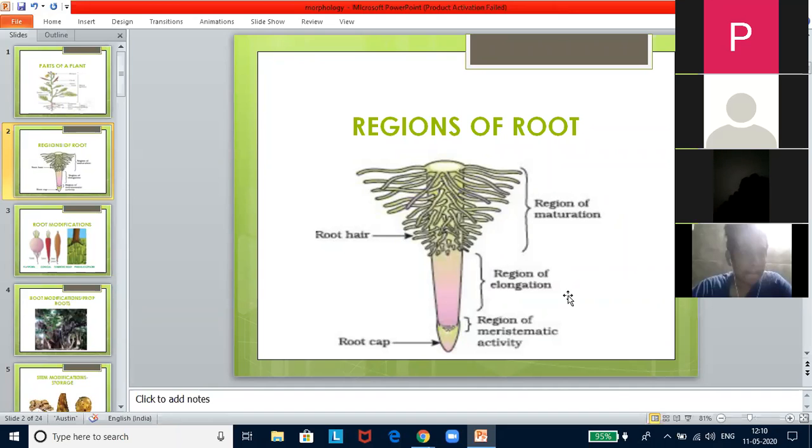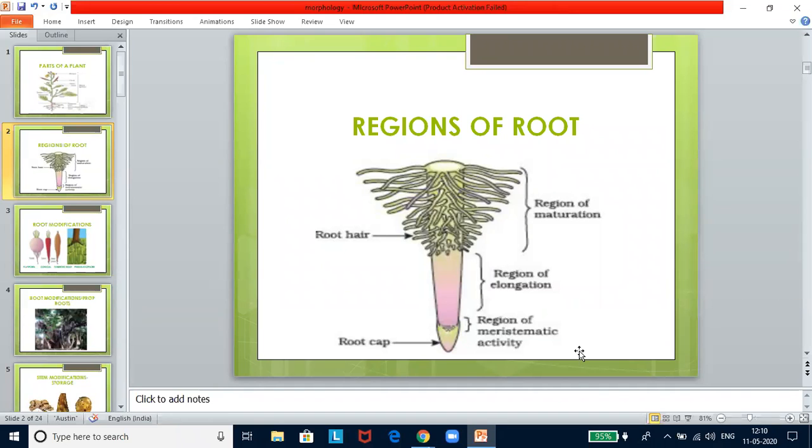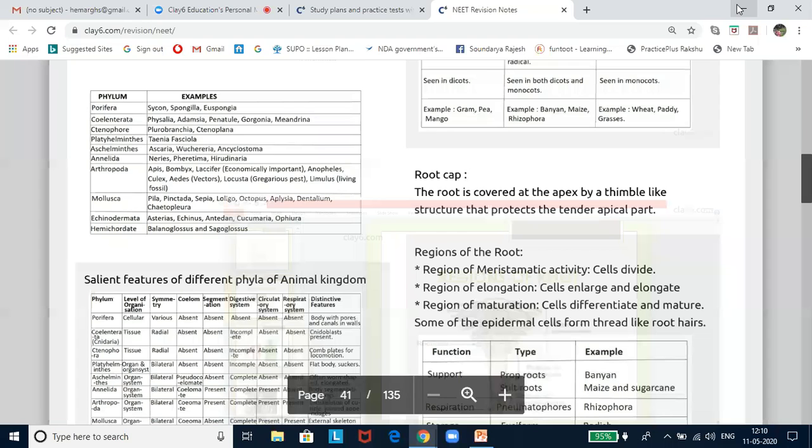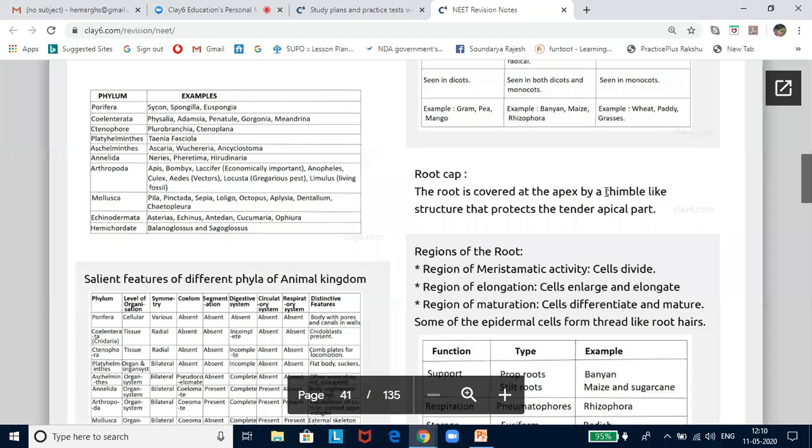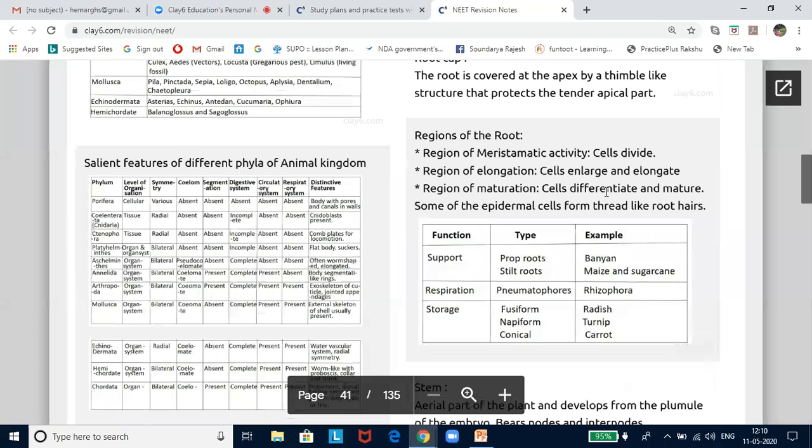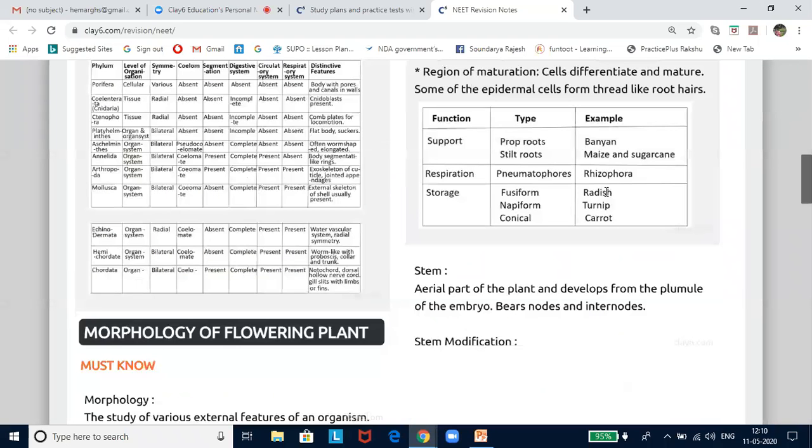Region of maturation, region of elongation, or region of meristematic activity. Please remember root hair arises from the region of maturation. Now let us look into the functions. We know the normal functions, which we have already seen. Now what are some of the functions that are not normal, but have been taken up by the root, and such functions we call as